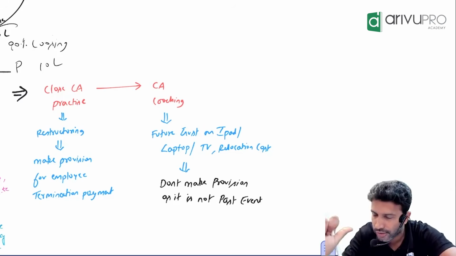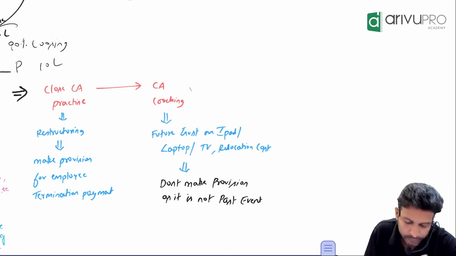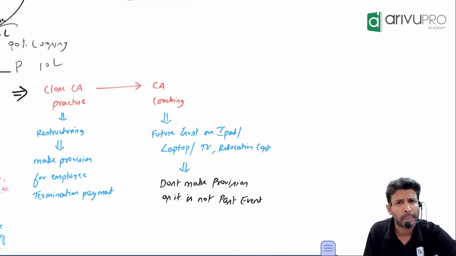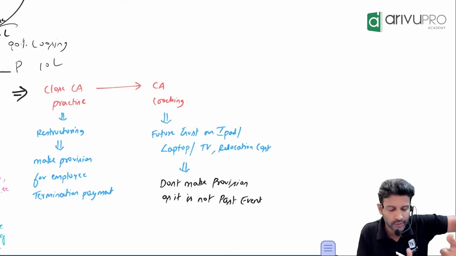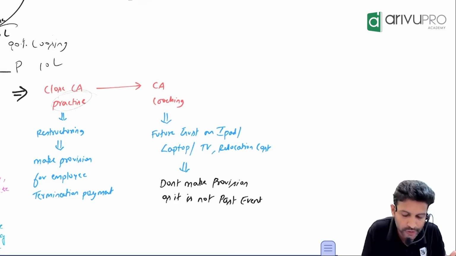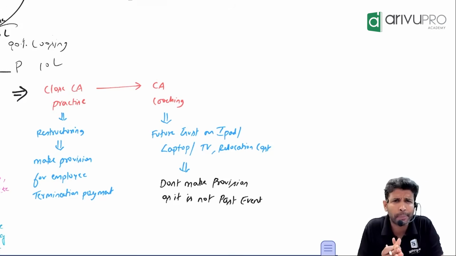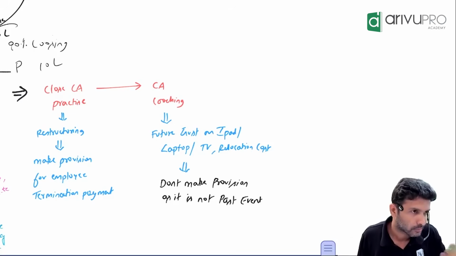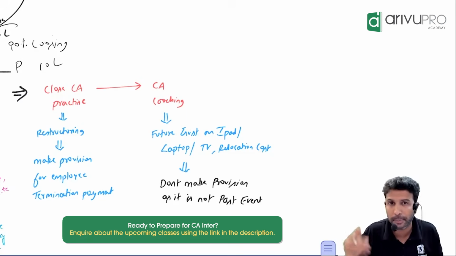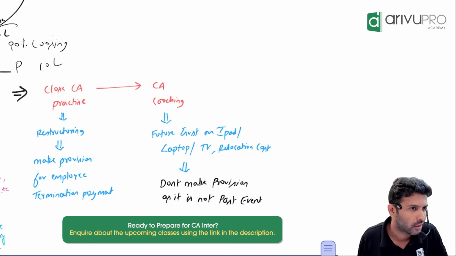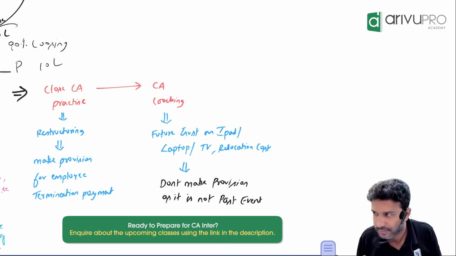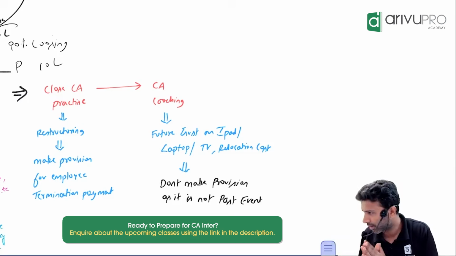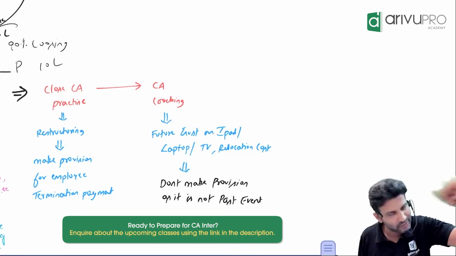That is one cost. Now, I want to open CA coaching. If I use a resource for CA practice, can I use it for CA coaching? For coaching classes, we usually need gaming laptops. High capacity, high graphic card, high processing speed devices, because it will crash otherwise. The class, what's going on? Please don't. We have suffered this a lot.